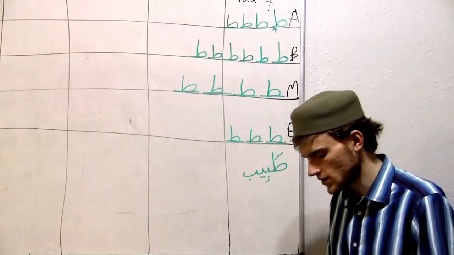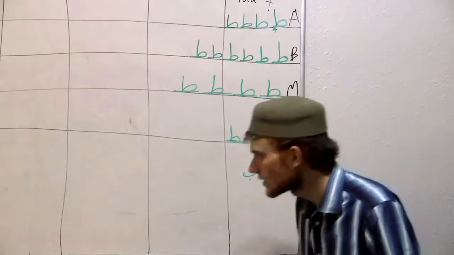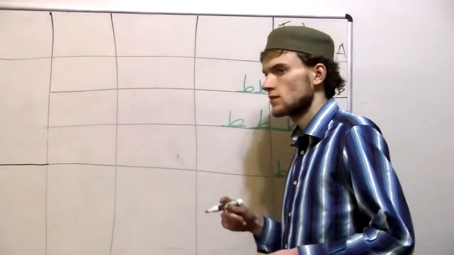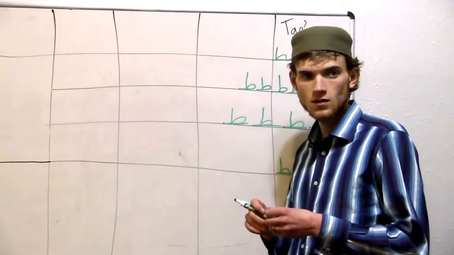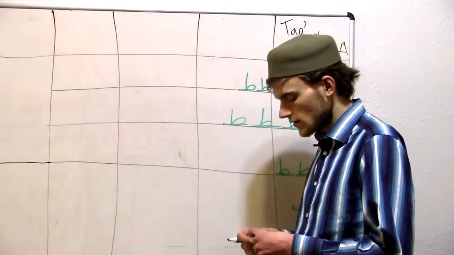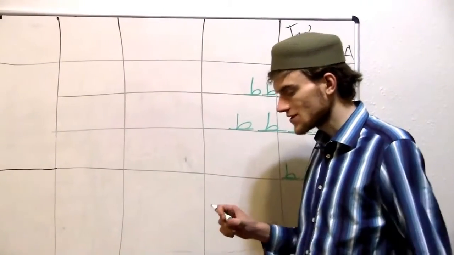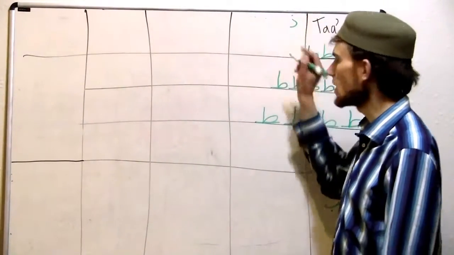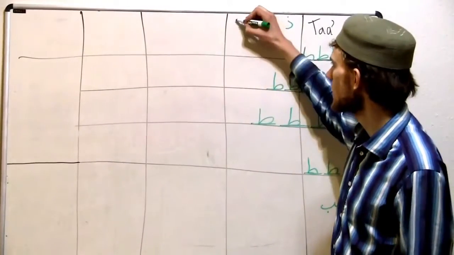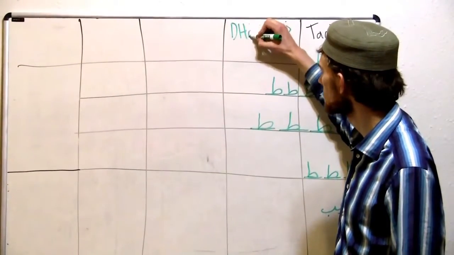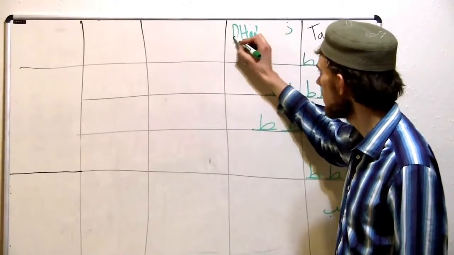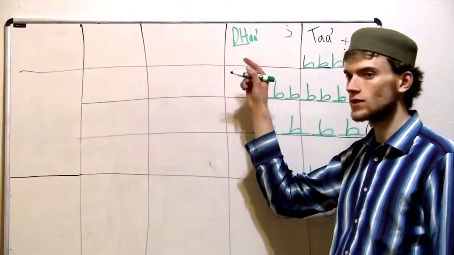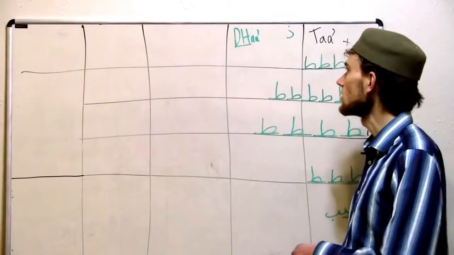Okay, since we kind of have limited time, I'll just give that example and we'll try to get through the next letter. So, next, similar to the Ta, we have a letter that is like the emphatic version of the Dhal. Hence, it's called the Dha. I put it in capitals to note that it's emphatic, and the line under it to show that that's all one symbol, the DH.